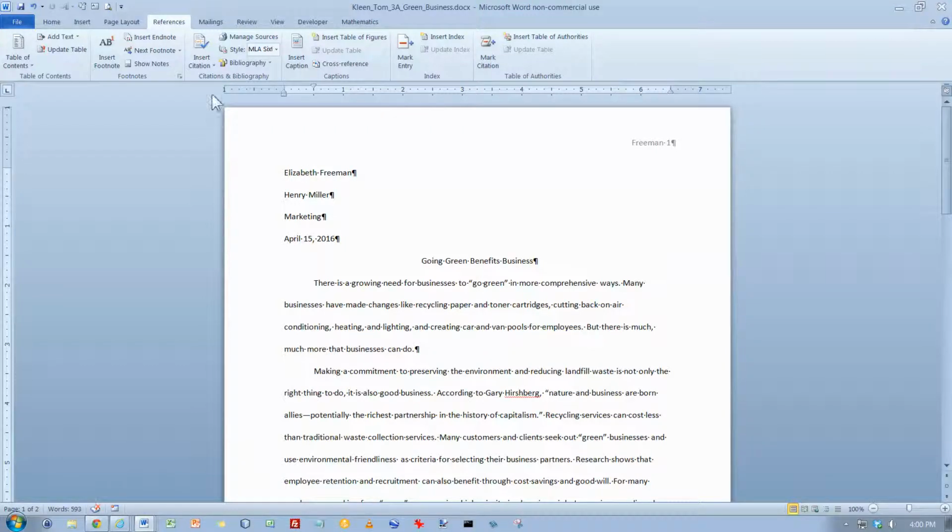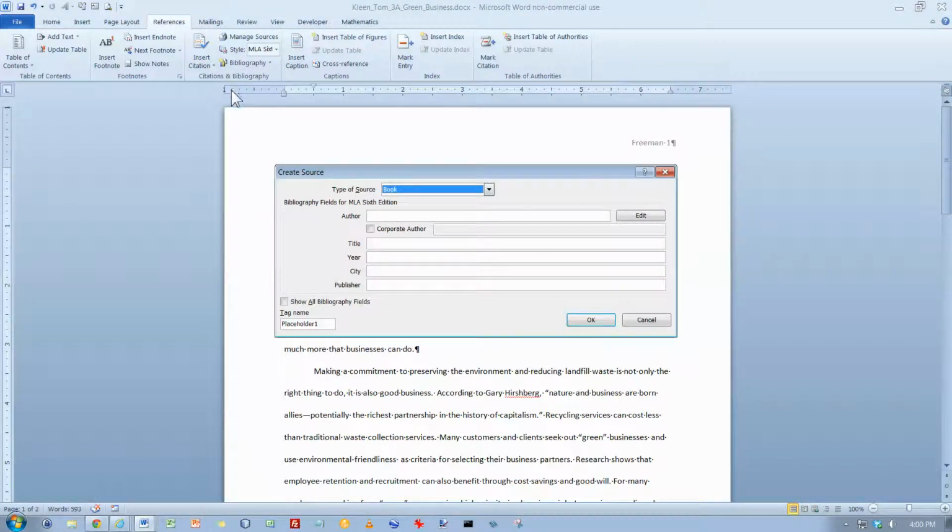Now click the Insert Citation button and add new source. And we want to make sure book is selected as the type. We've got a number of types here, but book is what we want. And we need to add some data here, and I'll pause and type that in. So this is what our citation information looks like. With the author, do last name, comma, first name, and they do give you an example down here showing you how to do it. Then click on OK,